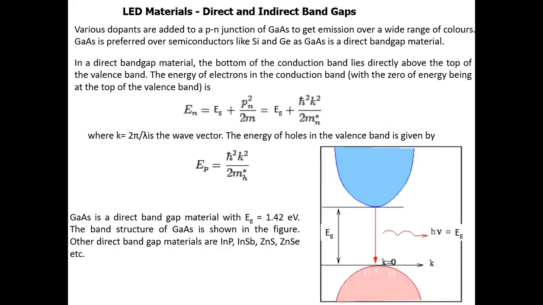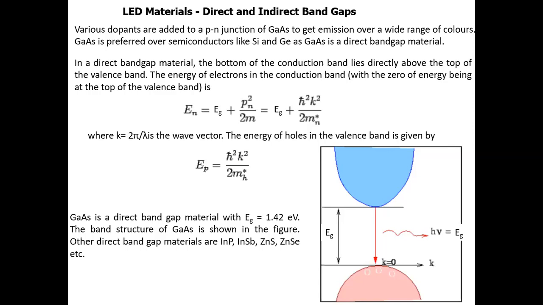Now, we also need to understand, and this was discussed before, the direct and indirect band gaps. Various dopants are added to a p-n junction of gallium arsenide to get emission over a wide range of colors. Gallium arsenide is preferred over semiconductors like silicon and germanium, as it's a direct bandgap material. In a direct bandgap material, the bottom of the conduction band lies directly at the top of the valence